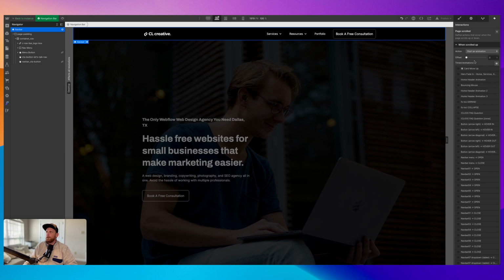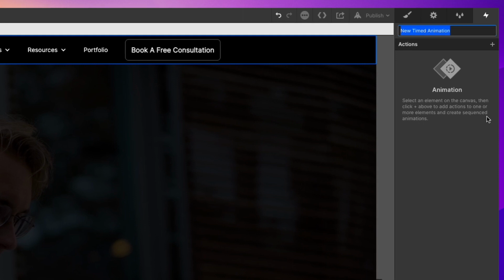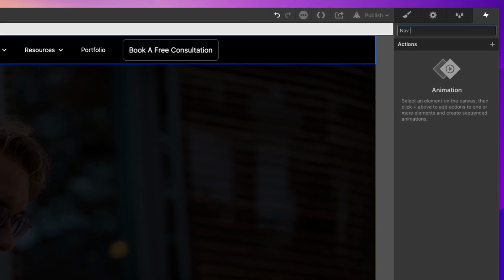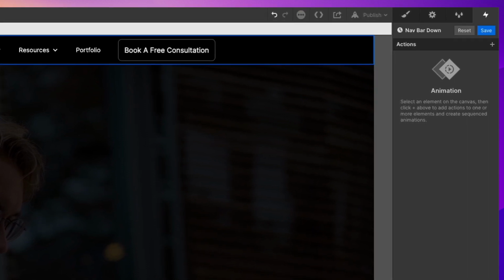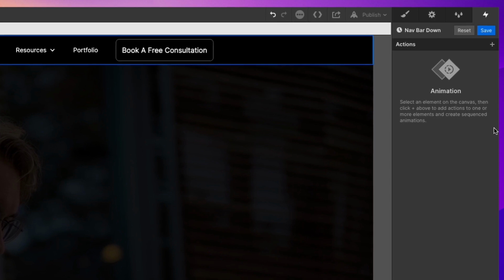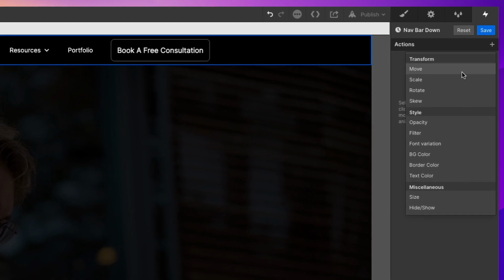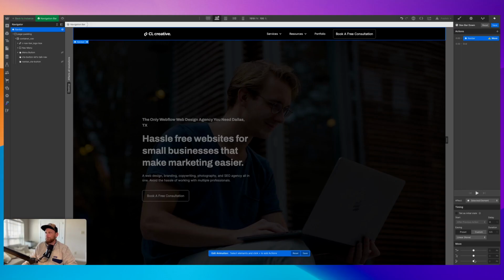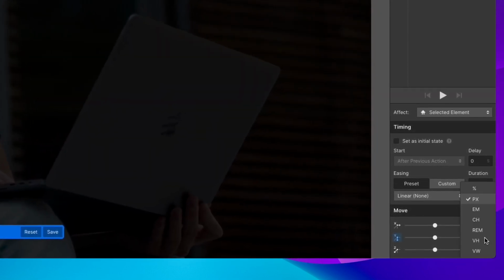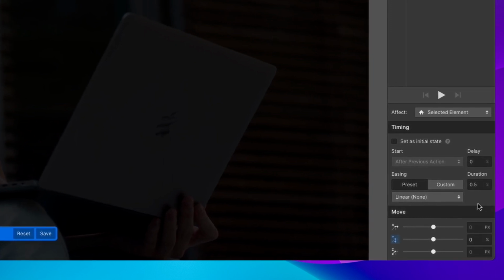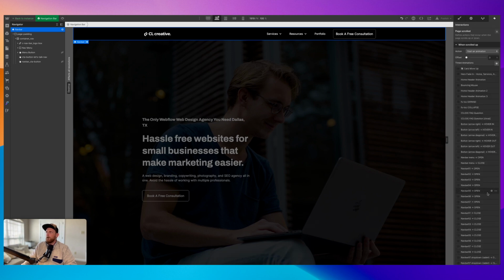So we're going to start a new animation here. We're going to add one in, and we're going to say nav bar down. And I'm going to show you why. We're going to title it that in a moment. And so at this point, with our nav bar here, we're going to choose move, and we are simply going to set this to 0. We're going to make this a percentage base, 0%, and we're going to set some easing. Okay, now we're going to move down here,